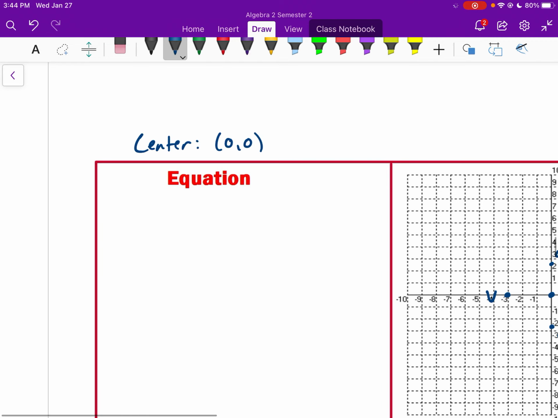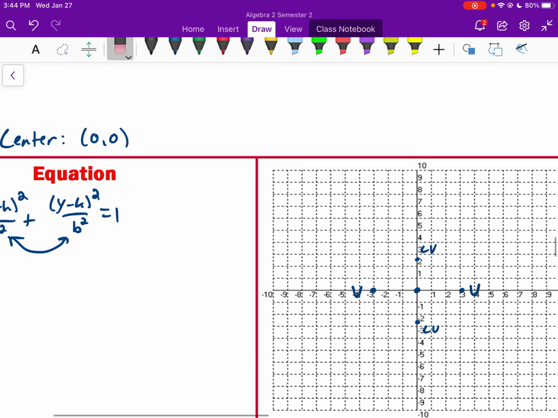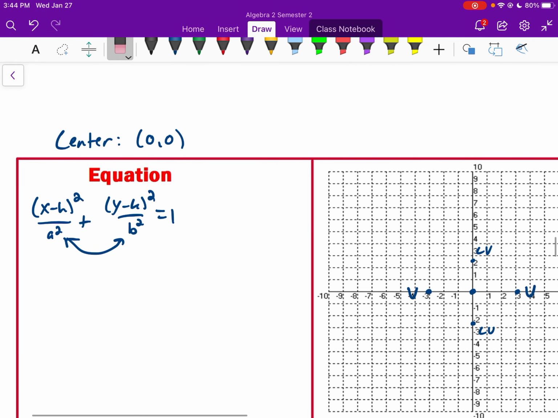is 0, 0. Now, when we're writing the equation of an ellipse, remember it's x minus h squared over a squared plus y minus k squared over b squared is equal to 1, or a squared and b squared could be flip-flopped. Just remember a squared is always the larger value. Now, the big thing to know from there is, okay, we went left and right, 3 from that